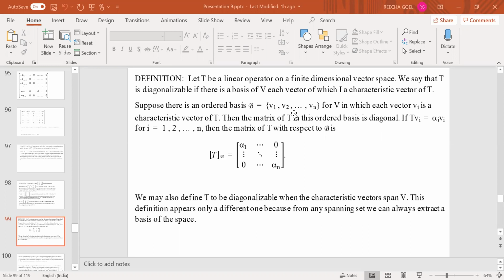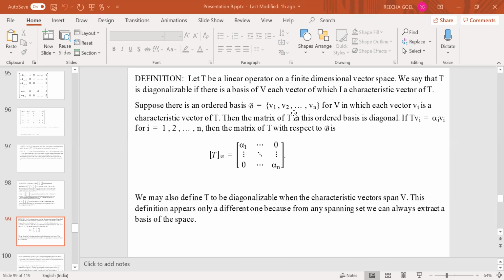Because V1, V2, Vn are independent, they form a base. And we have already seen that if alpha 1, alpha 2, alpha n are n distinct characteristic values, then the vectors corresponding to those are always going to be linearly independent. So therefore,